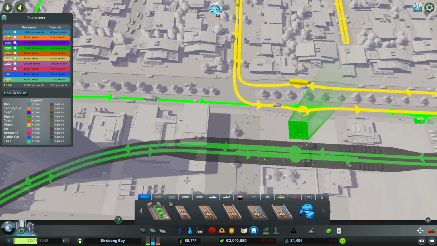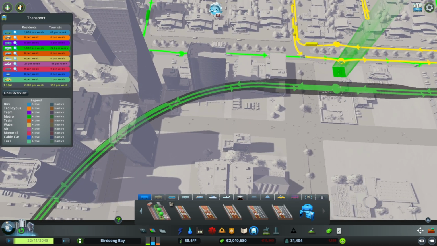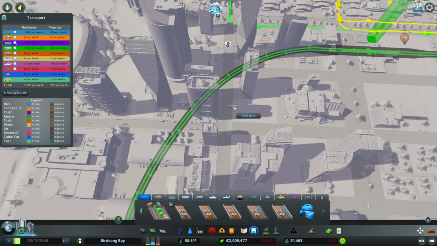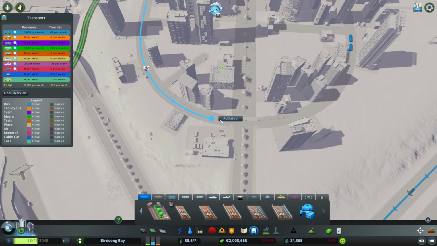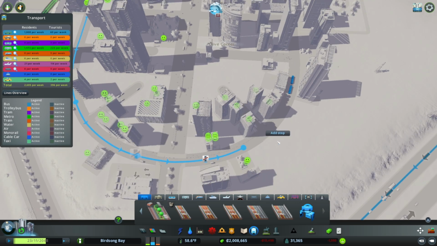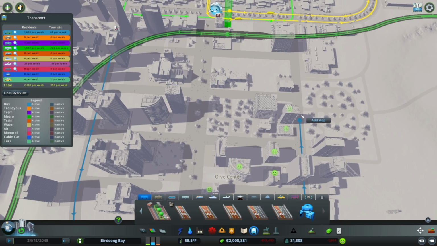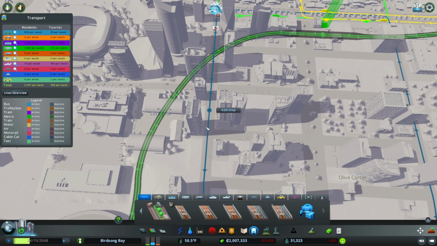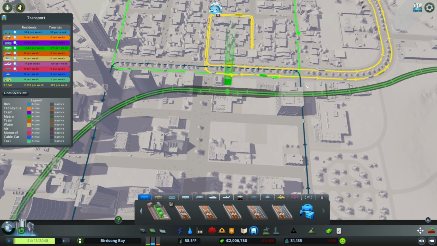So I'm thinking one that can go from here, maybe onto this corner, up here, one on this side, because why not? And then we'll just dupe it a little bit on this side. Honestly, probably could have had one there, actually. Have one there. And then...